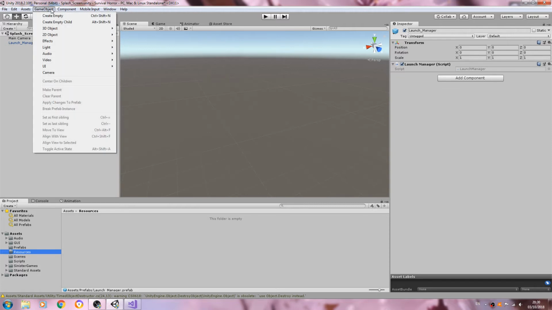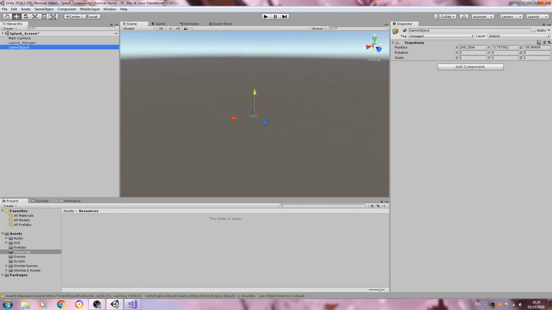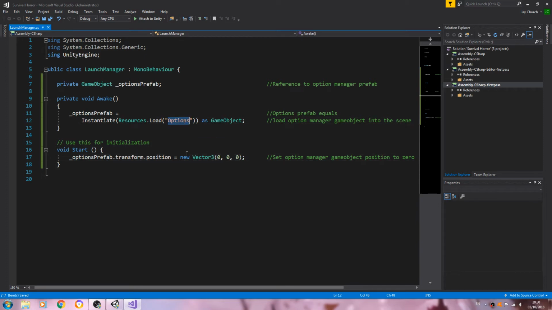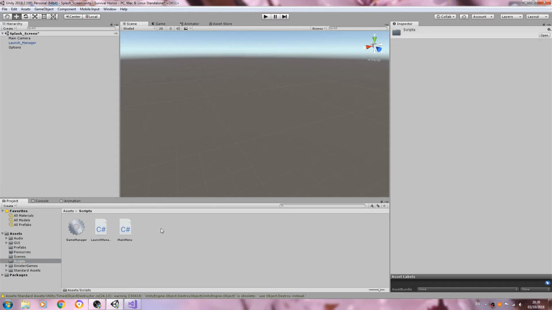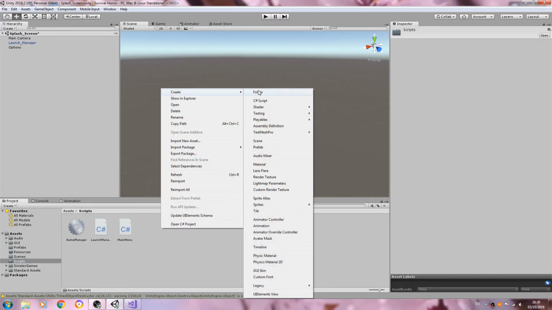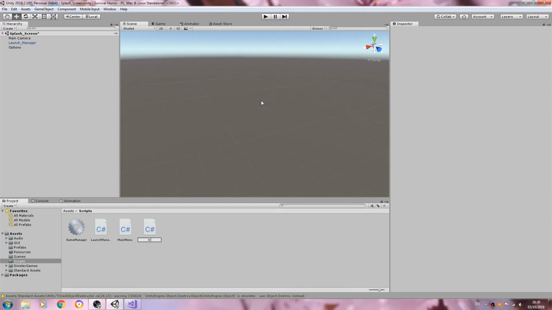game object. So we're going to come to game object, create empty, and I'm going to call this options. It must be named the same as it is here. So let's just reset that, and we'll come to scripts. We'll create a new C# script, options menu,